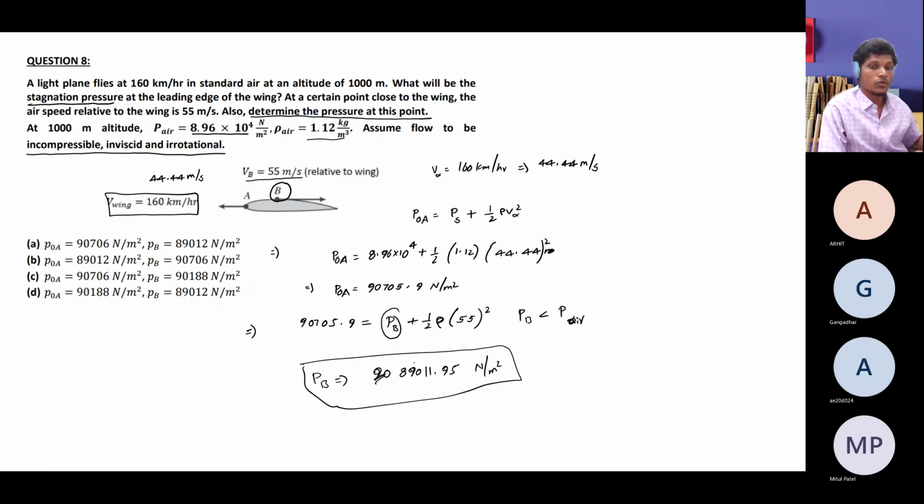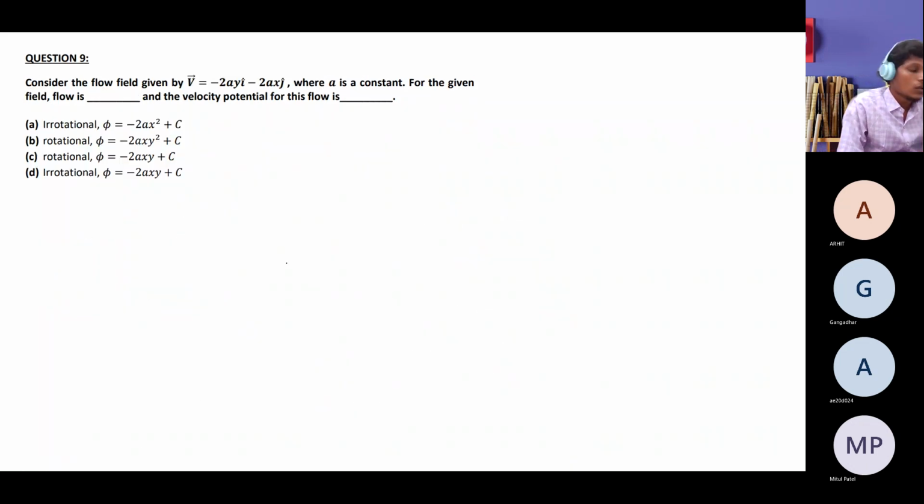We can move to the next question. This is a simple Bernoulli application. Now, next problem: consider the flow field given by V bar equals minus 2a y I cap, some velocity vector, where a is a constant. For the given flow field,